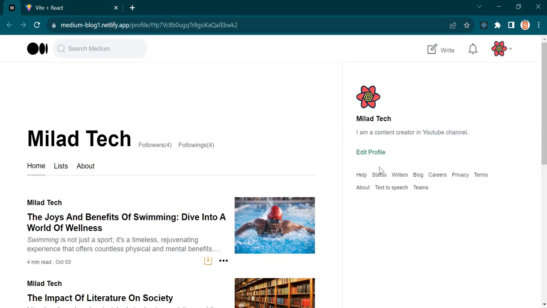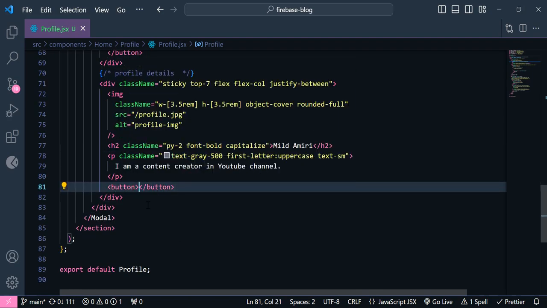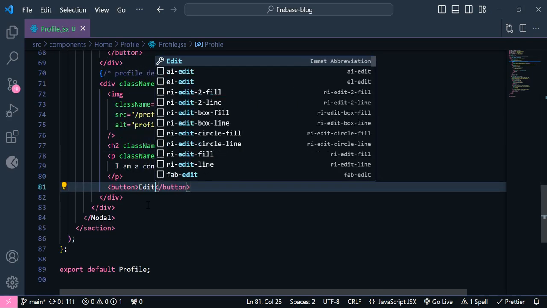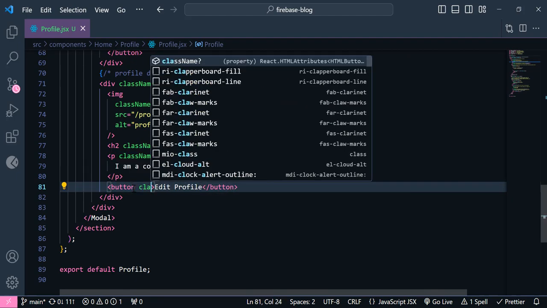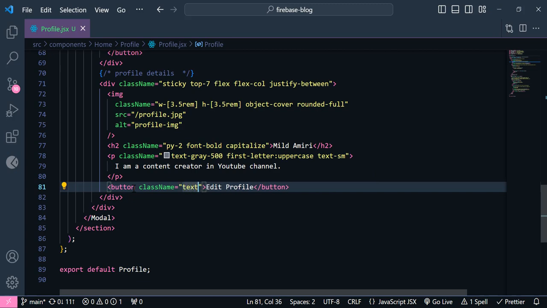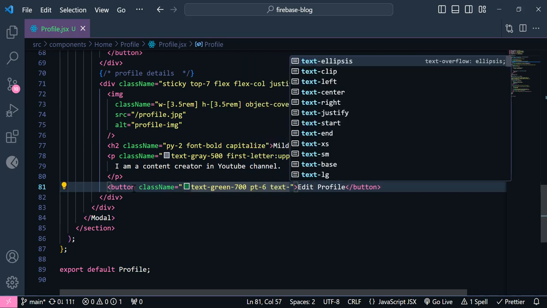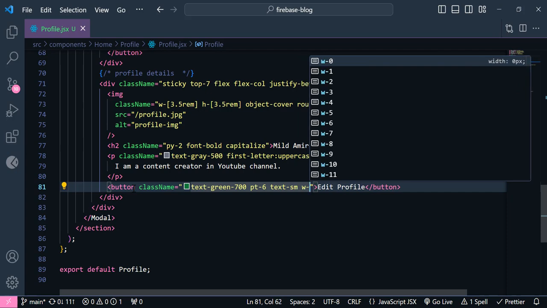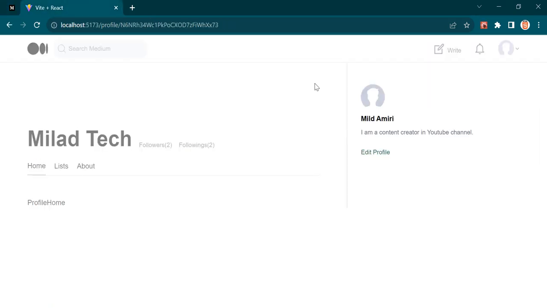Okay, now let's add this button here. So in here I'm going to add this button. The text is going to be edit profile, and we need to have a class name here. Text color is going to be green and 700, padding top 6, text size is going to be small, and width should be fit. Okay, you can see we have this button here,